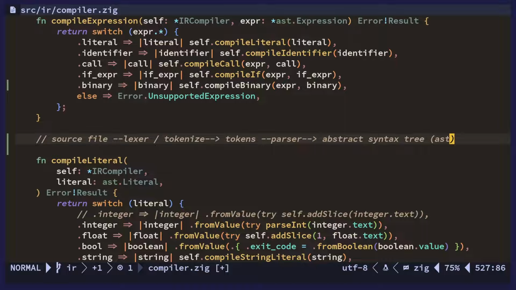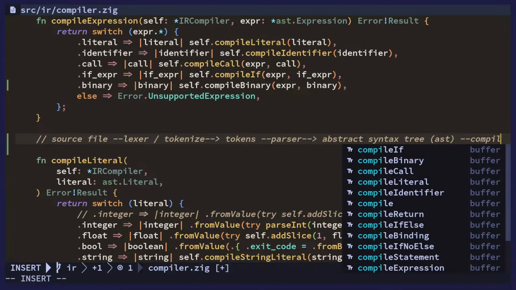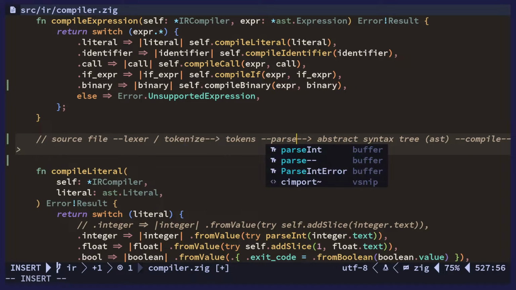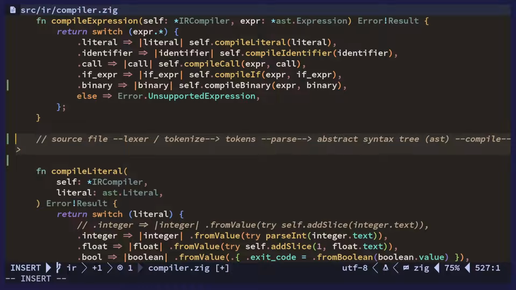So you would add left and right expressions. It depends on what your language is gonna be or what it's gonna have. And then once you have this abstract syntax tree, you can then compile it. I'm gonna have these as verbs. You compile the abstract syntax tree into